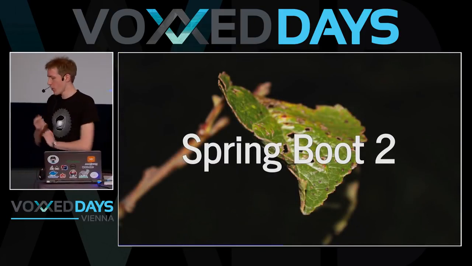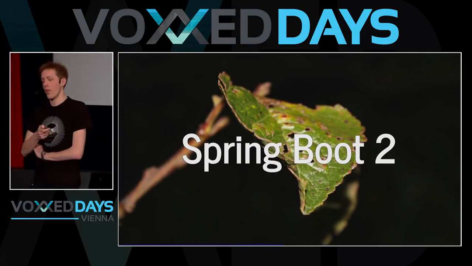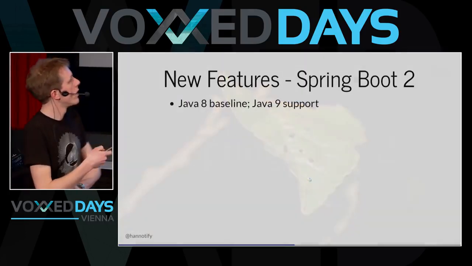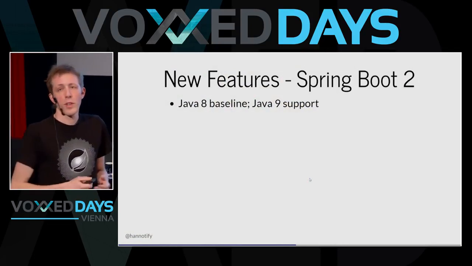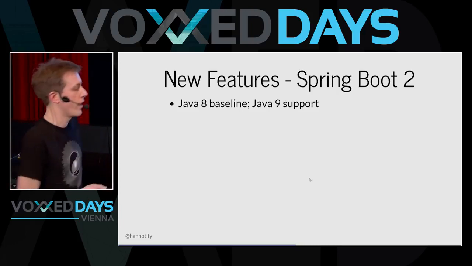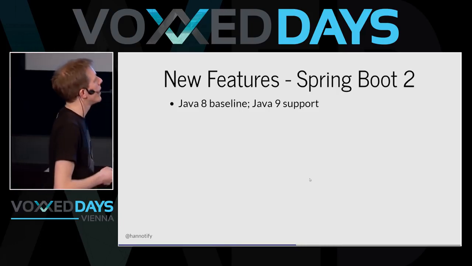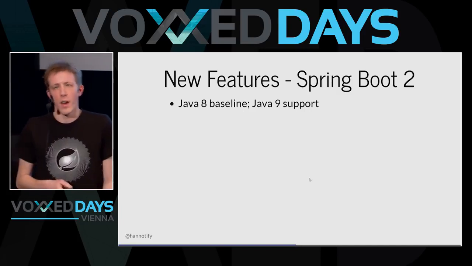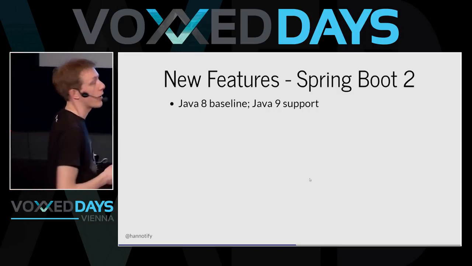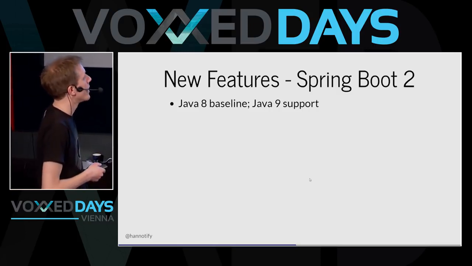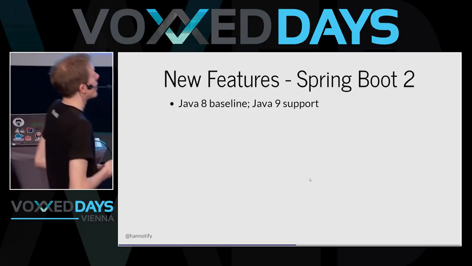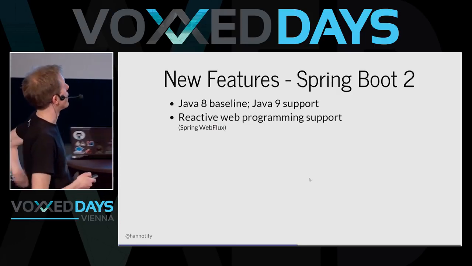Now, of course, Spring Boot 2 was released last month with some new features, so I thought I'd put in a few slides to talk about it. Of course, there were all kinds of upgrades. Spring Boot 2 works with the Spring 5 framework with all the new features included in that. This also means that there is a Java 8 baseline now. So if you want to use Spring Boot 2, you need to be on Java 8. There are a lot of reasons why you should be on Java 8, by the way, but this is also one of them. And Java 9 is also supported if you want to continue following the version trends.